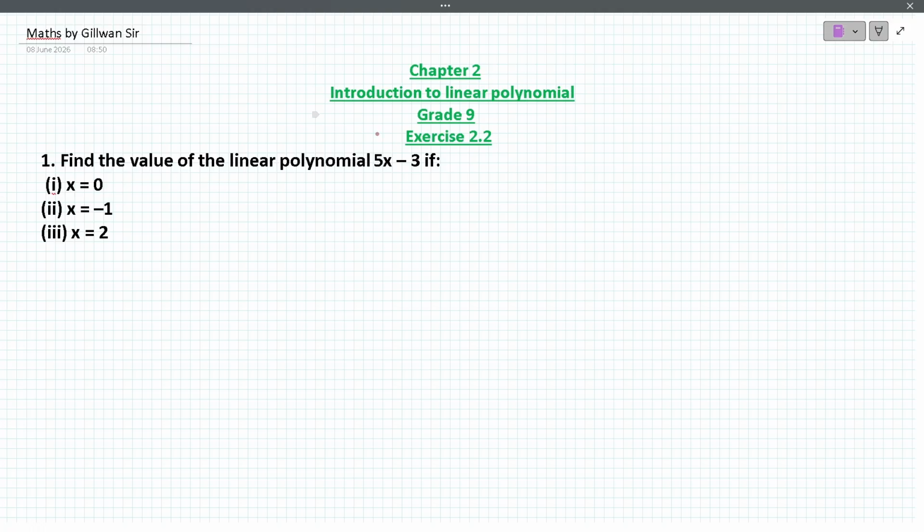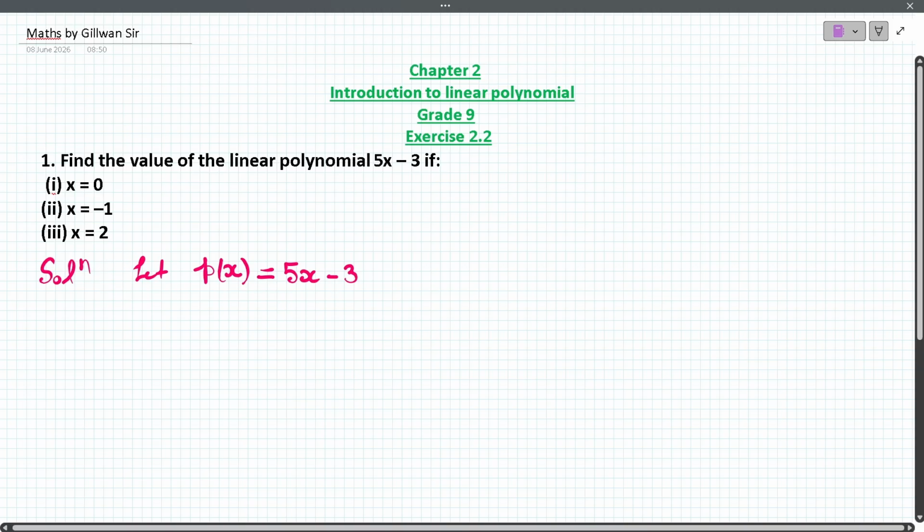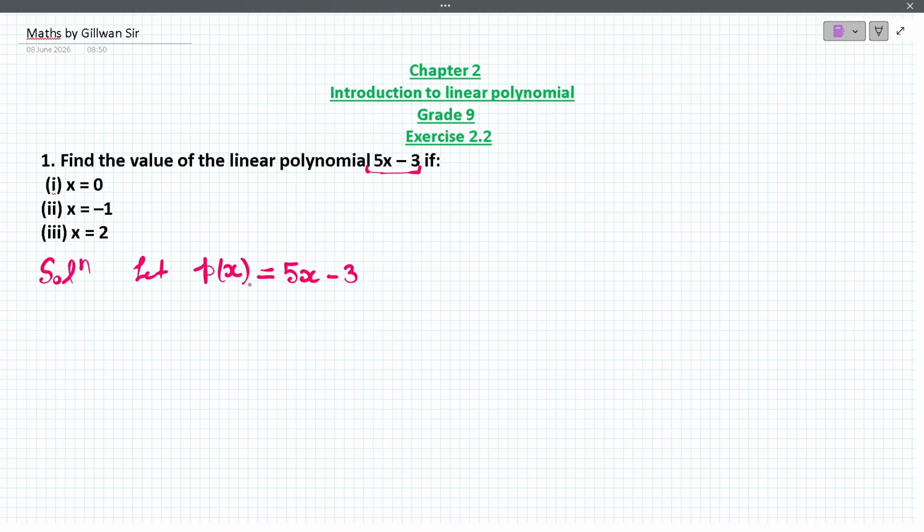So, if we go for the solution, then let, okay, we are attempting the first part of this question, and let the given polynomial be denoted by p of x equals 5x minus 3. More specifically, let p(x), which we generalized; this polynomial was given to us, and we have denoted it by p(x). Now, in the first part